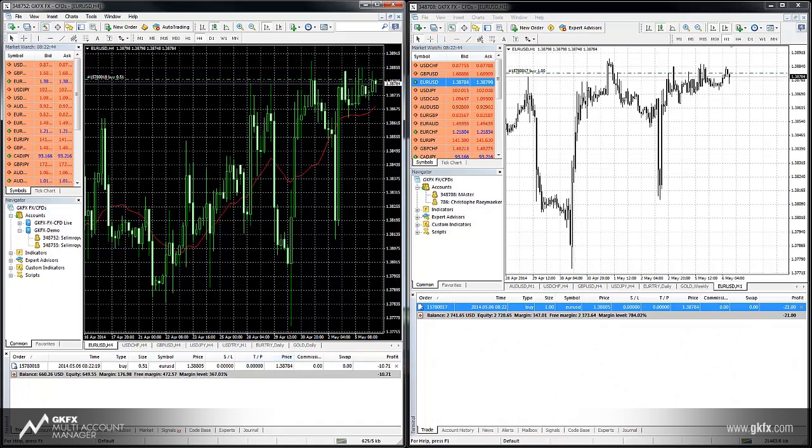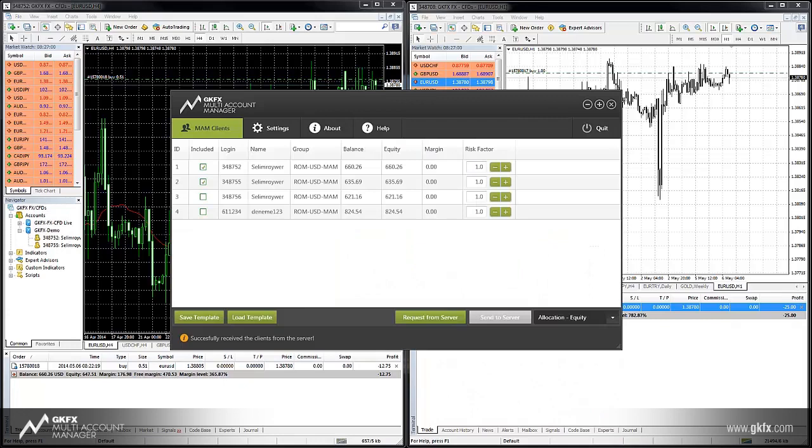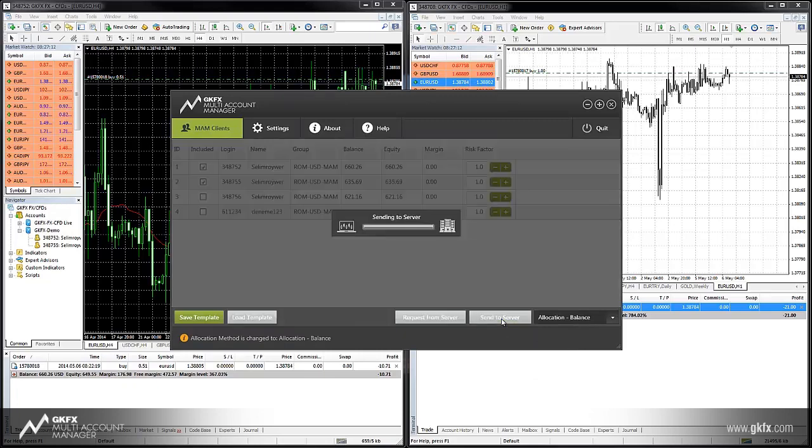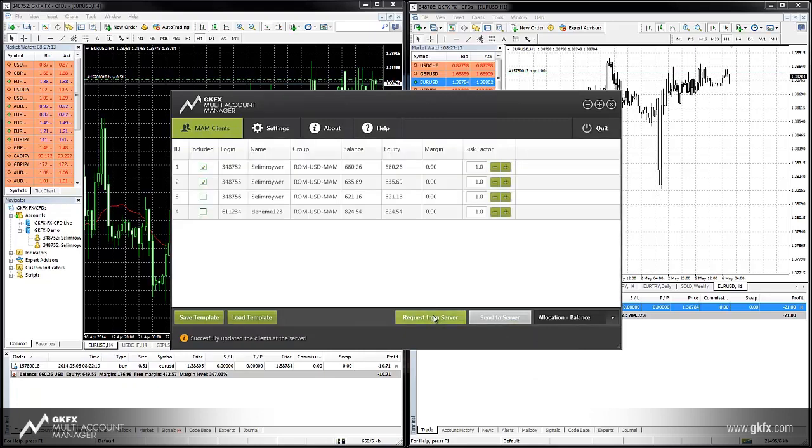So the third method for allocation is by balance. If I choose from the right hand side button here the drop down allocation balance, select this one, I have two accounts enabled, and we send these changes to the server to make sure everything is saved correctly. I request new data from the server, and as you can see there is a small difference again here